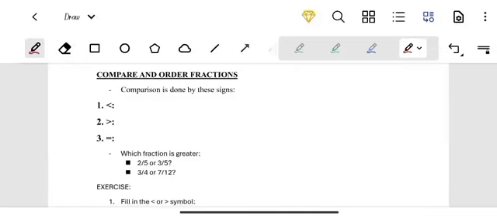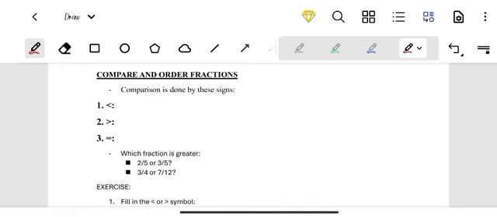In today's lesson, I want us to look at comparing and ordering fractions. What you have to note is that between the two terms, we have compare and we have order. When you're comparing, you're using different signs: a less than sign, a greater than sign, or equal to. And when you're ordering fractions, you're supposed to compare. So firstly you compare using different signs, and then you compare when you're ordering.